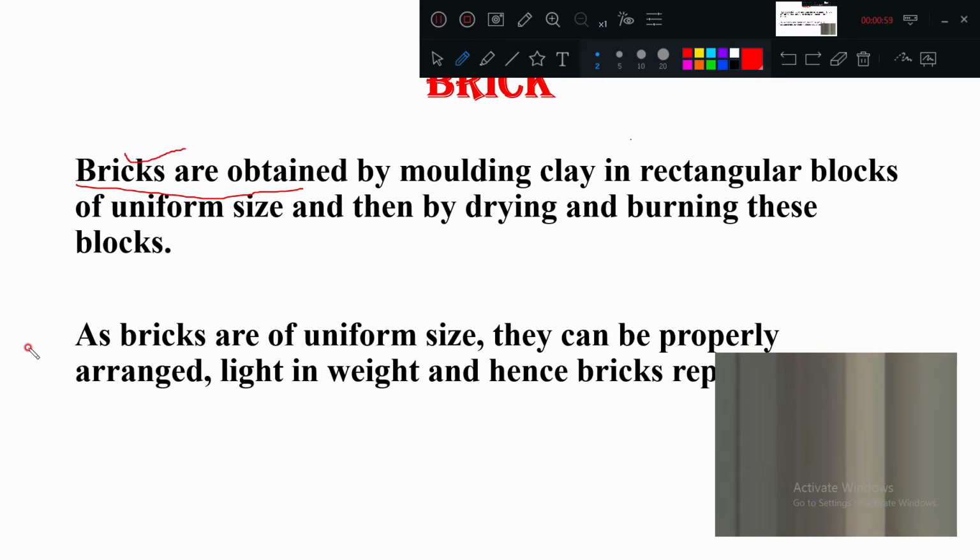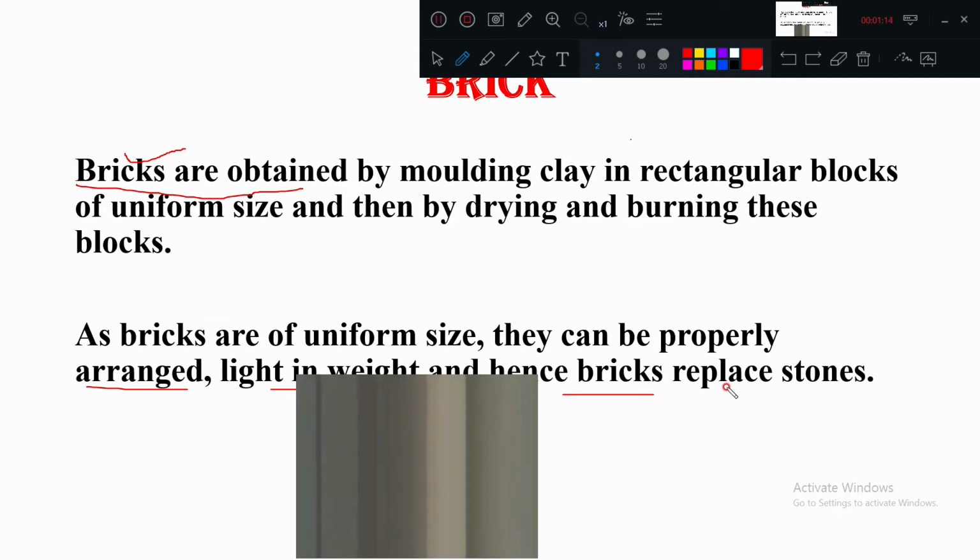Okay. Now, as bricks are of uniform size, they can be properly arranged, and they are light in weight. Hence, bricks will replace the stones. Generally stones are heavy, and their manufacturing is also a little bit difficult.